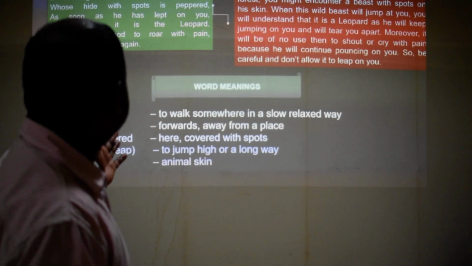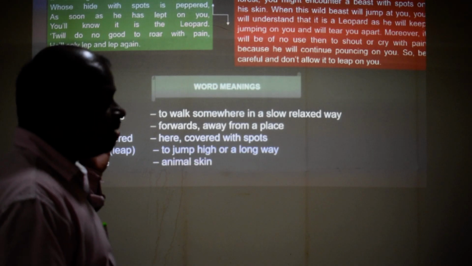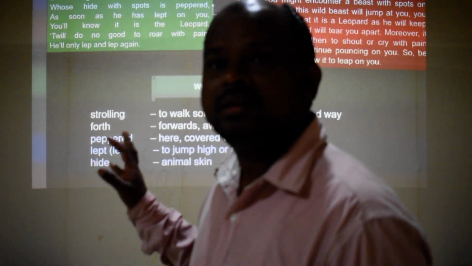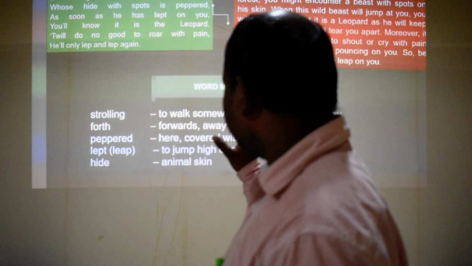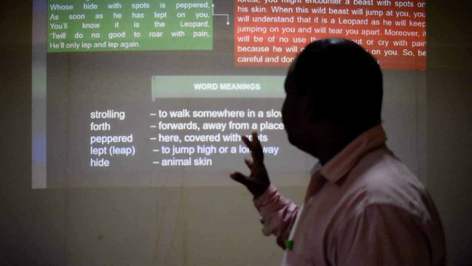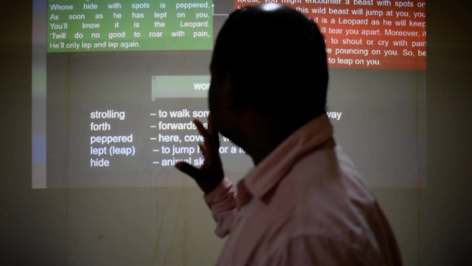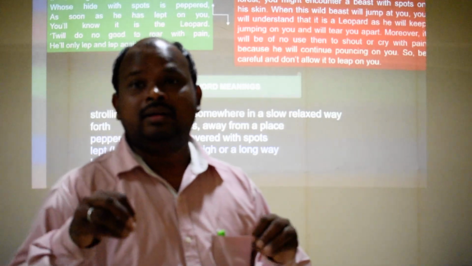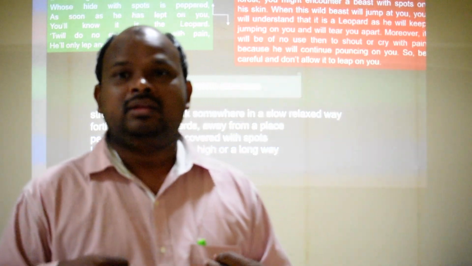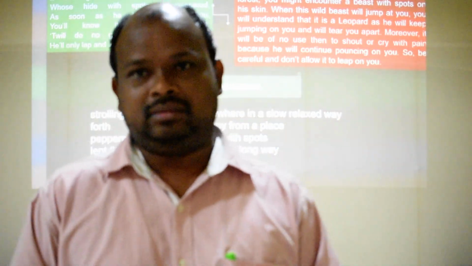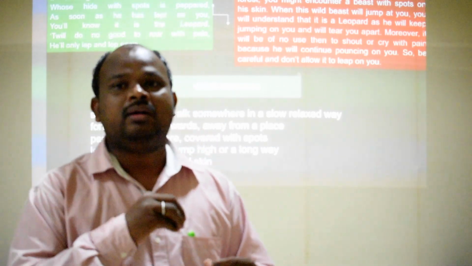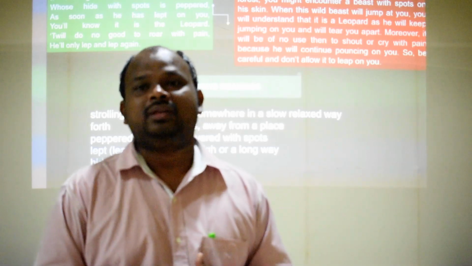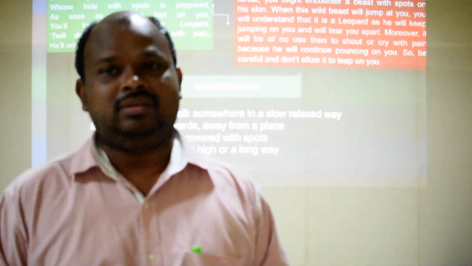In the third stanza we see it is the leopard. The leopard is being explained in this third stanza. If strolling forth a beast you weave, whose hide spots of pepper. You see, as soon as you see a leopard, you see on the body you have got a scattered peppered line. That means the dots are separated. They are just thrown on the body. So that is a leopard.